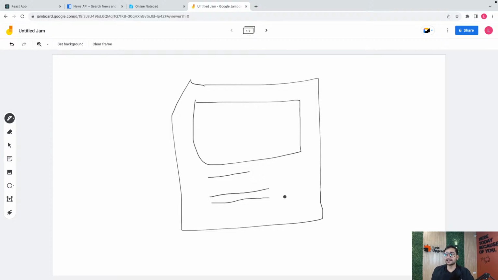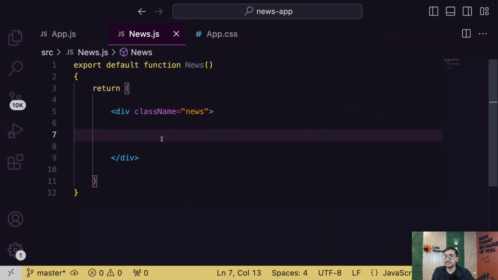And guys, on that read more, if you want, you can create a separate pop-up, but let's see if we have that much time. Otherwise, when someone clicks on read more, we'll simply send them to the actual article link. That's fine. So guys, anyway, let's go ahead.